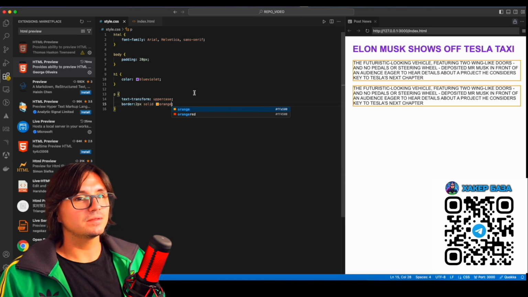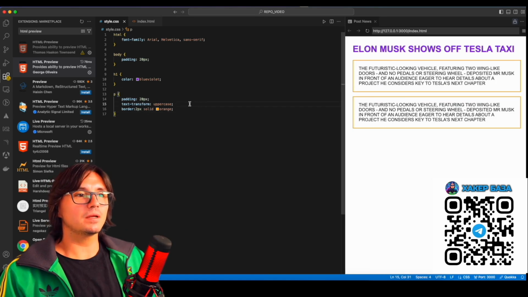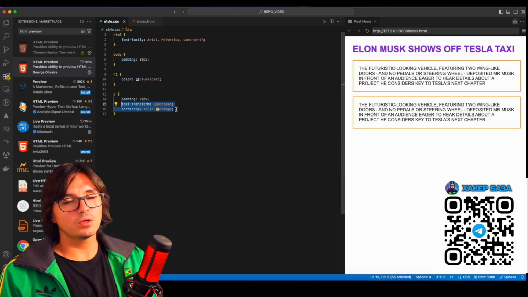Here's the ugly border. To make the text even prettier, we can again apply the same padding from here. 20 pixels. Look, now the padding is applied from the top. Inside, I'll probably give you the very basics. By the way, always try to follow this interesting rule. Write all transformational styles at the beginning, and all styles that decorate, color, embellish, write them below.